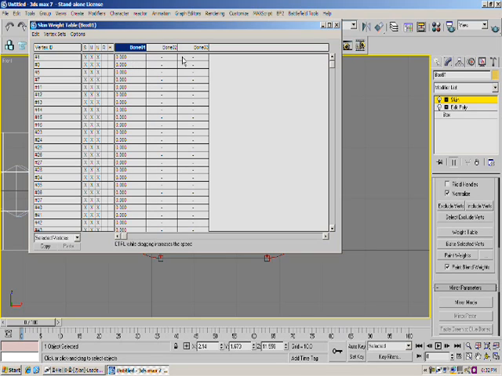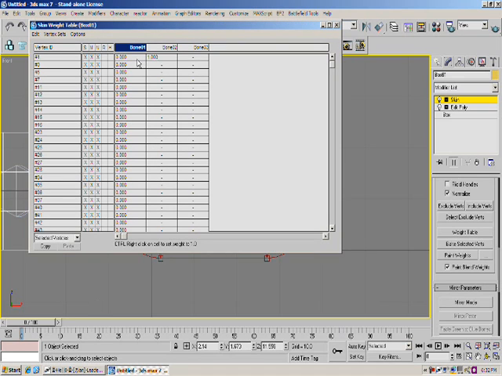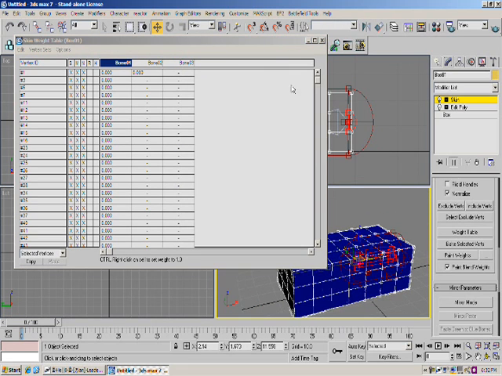If it's going to be sharing power, let's say this bone over here and this bone here, well, no, let me just do it the simple way first. If these two bones are going to share a piece of mesh, like for instance at a bend right here, you would want one to have half the control and the other one to have half the control. So you would put 0.5, enter, and it would even them out. They both have half control. So let me zero this out again. So what I'm going to do here is give these pieces, these vertices, sorry,